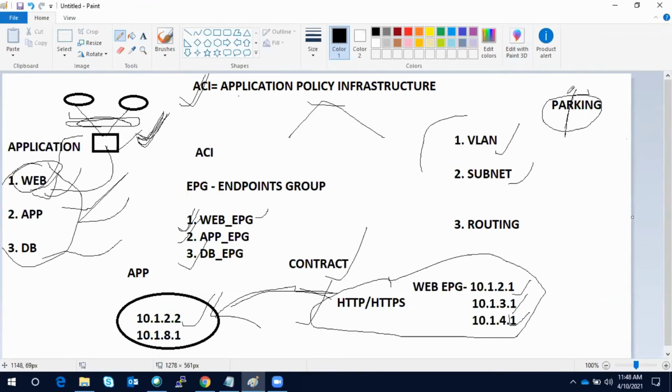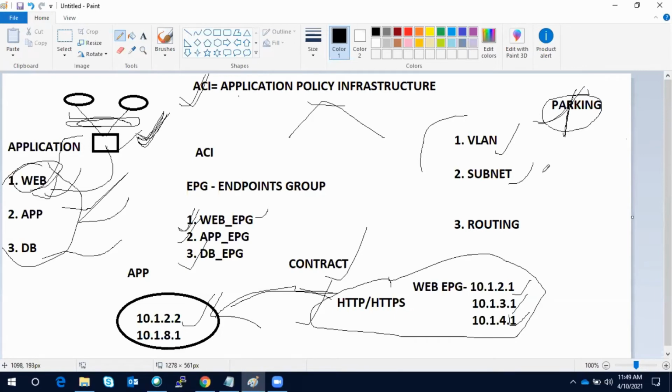So if you see this, what will you do? This area is prohibited for parking, so you will not park your vehicle there. This is policy, because based on the configuration, based on the policy, the action has been taken. Similarly, in ACI, you will create the policy, and based on the policy, the action will be taken.